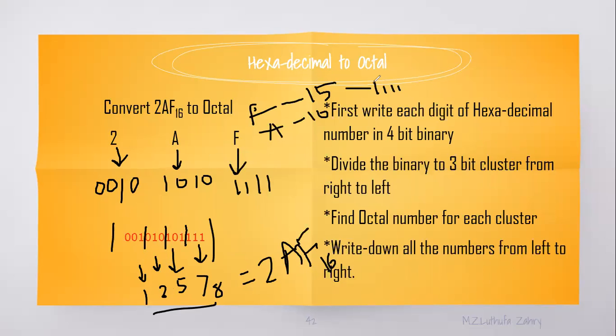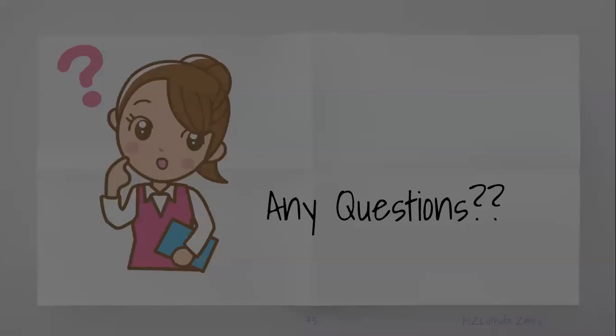Okay, so these are the methods, just easy. Here what we did is convert the hexadecimal to binary first, and then combine all the binary together, and you divide it into 3-digit clusters, and then find the octal for each cluster, and then you will have the octal. So these are the 12 conversions. So this is what your third unit is. This is all in your third unit.